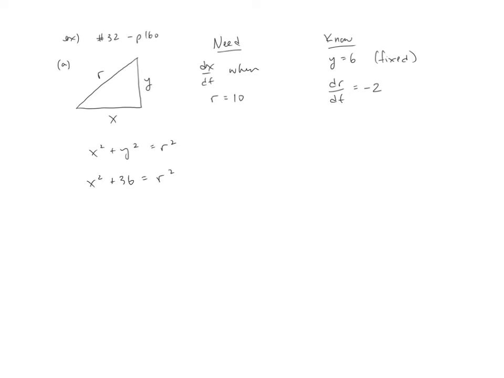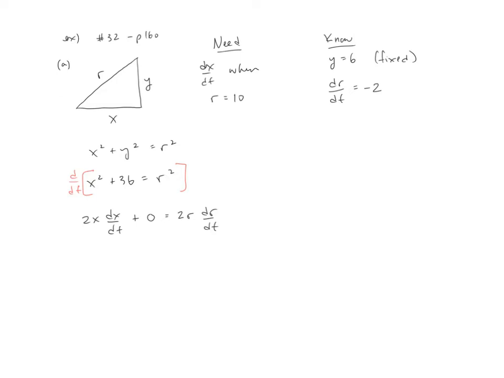Now, from what I need, I'll need a derivative with respect to t. I know that from what I know, I've got some information about a derivative with respect to t. So that's going to push us in the direction now of d/dt'ing both sides. In doing this, on the left, we'll have a 2x times the derivative of the inside, which is dx/dt, plus a 0 for a constant, equals, on the right-hand side, a 2r